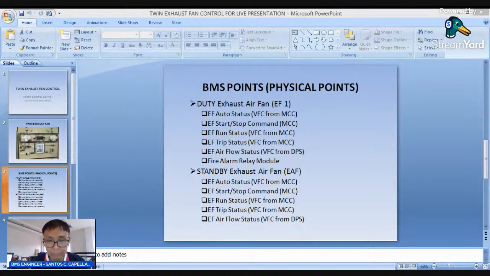If this one will be controlled by the fire alarm system, they will be in the control panel. The fire alarm people will install one control relay module there that will cut the power, or the control power, from our control panel so that the equipment will stop. That is the purpose of this fire alarm relay module,